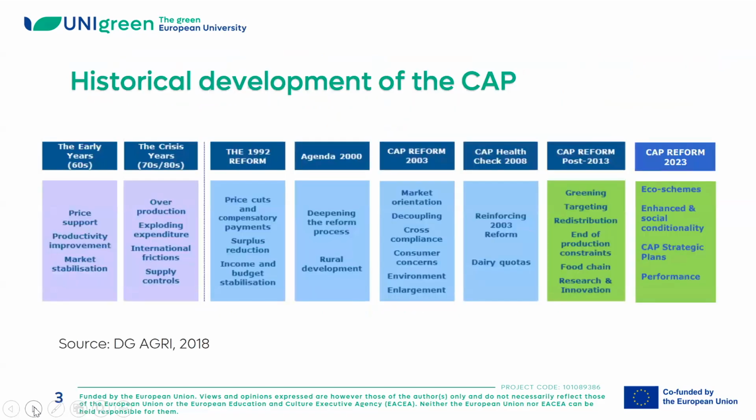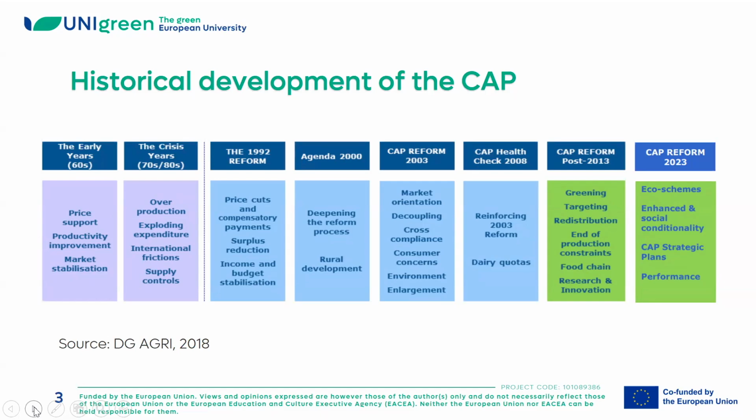Let's take a look at the historical development of the Common Agricultural Policy. The first mention of the Common Agricultural Policy rules can be found in the Treaty of Rome, 1957. The objectives stated were to increase agricultural productivity, to promote a fair standard of living, and to ensure reasonable prices in supplies for consumers. The Common Agricultural Policy as such was launched in